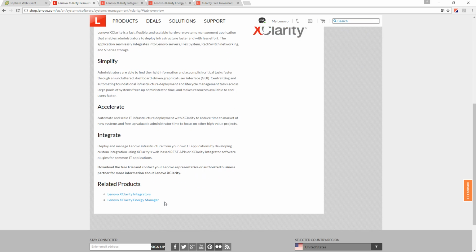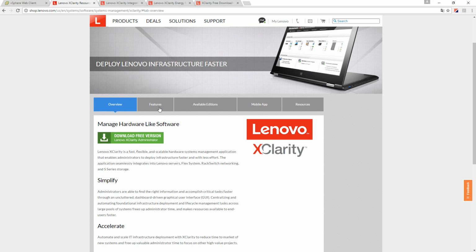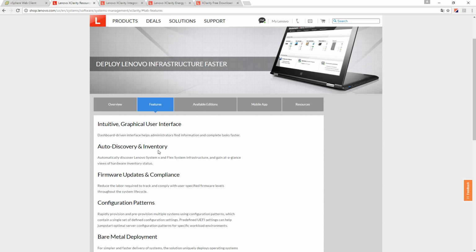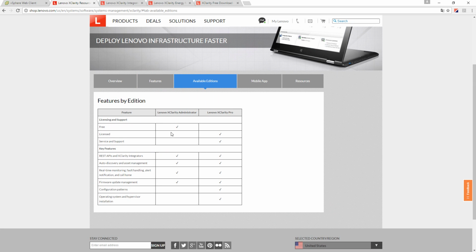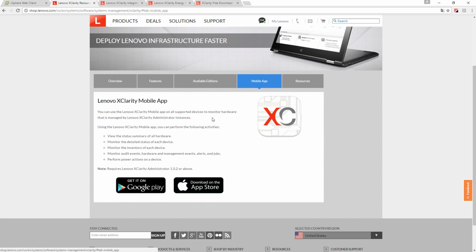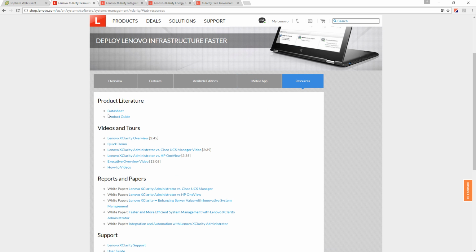So here are some features, quick features, extended features you can read up on here on the website, and you can see the available editions are the free version, which has some limited features, and the pro version, which has all the features. Don't know the price for it, but it's not important. You also have the app you can download, so you can monitor and view the stats of your hardware. And the last section is some resources where you can find data sheets, videos and tutorials,